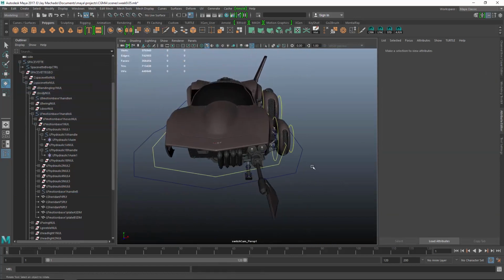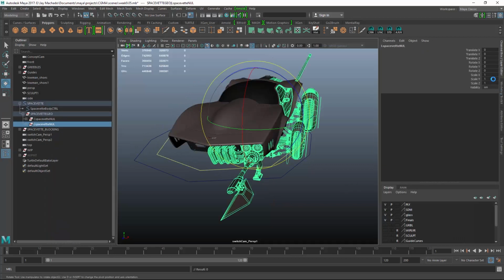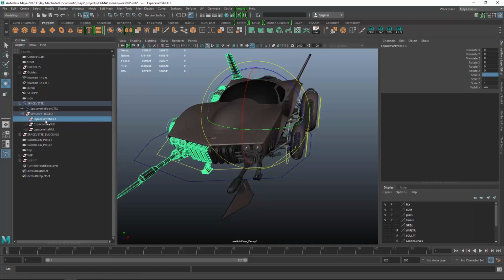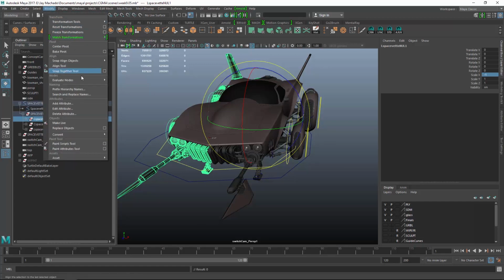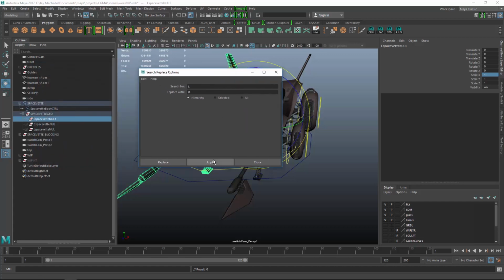So now I'm free to take the left side and duplicate it, just a normal straight up duplicate. Then I can scale it -1 in X. And then what I can do is actually go to modify here. We'll do search and replace name, and we'll just replace L with R. And if I hit apply,